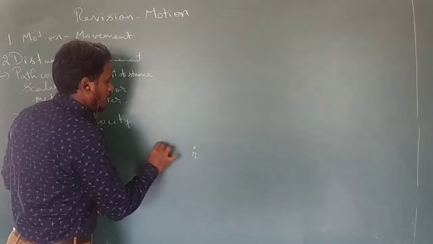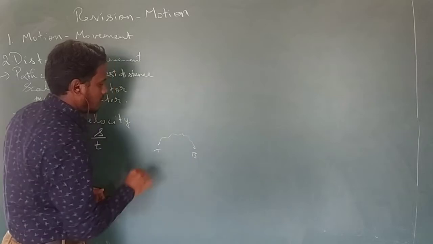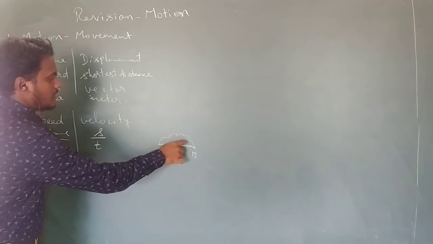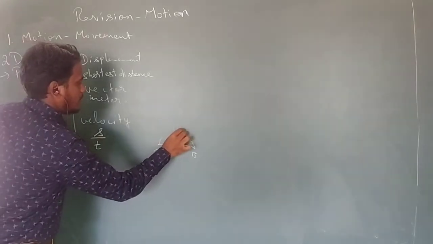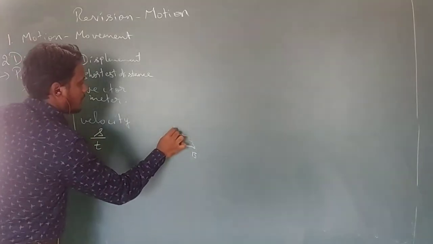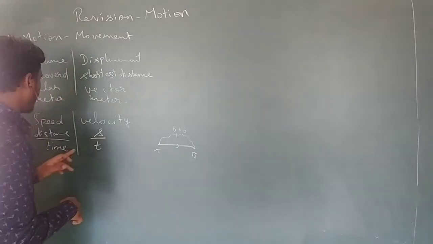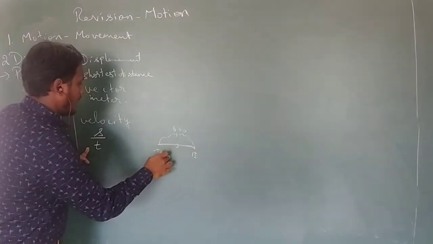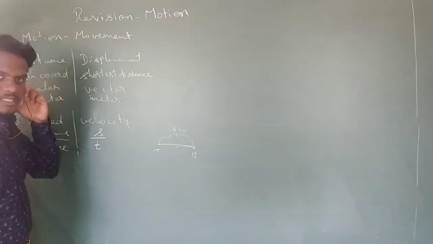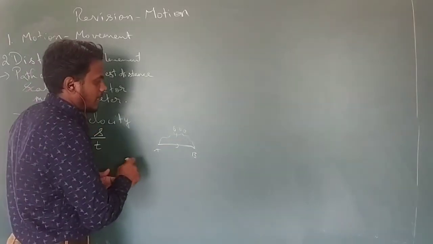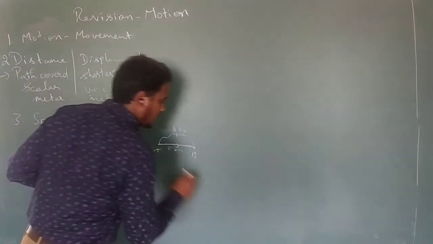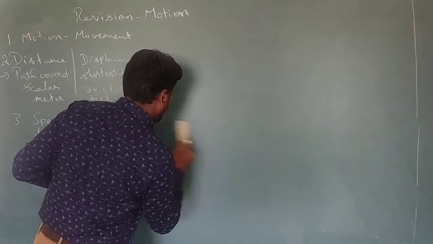So take the same A and B. If a person is moving in this way and another person is moving this way, right? Here we have to take the total distance divided by the total time taken. Let's say this is 10 minutes. We have to take it in seconds, because the SI unit of time is seconds, so let's say this is 600 seconds. Similarly, for displacement, it will be a lesser distance, the shortest distance covered, and the time will also be lesser, let's say 8 minutes, right? So you have to take that time. Fine. That is called velocity.